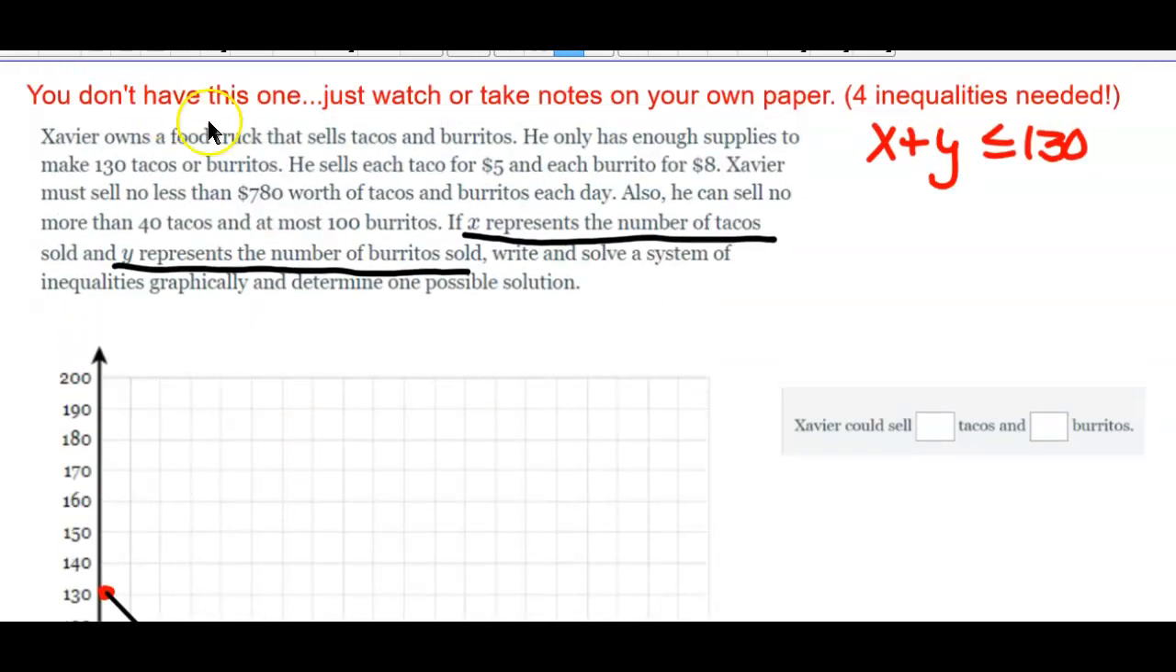Second equation. He sells tacos for $5 and burritos for $8. He must sell no less than, so greater than or equal to, $780 worth of tacos and burritos. So if I solve this for Y,